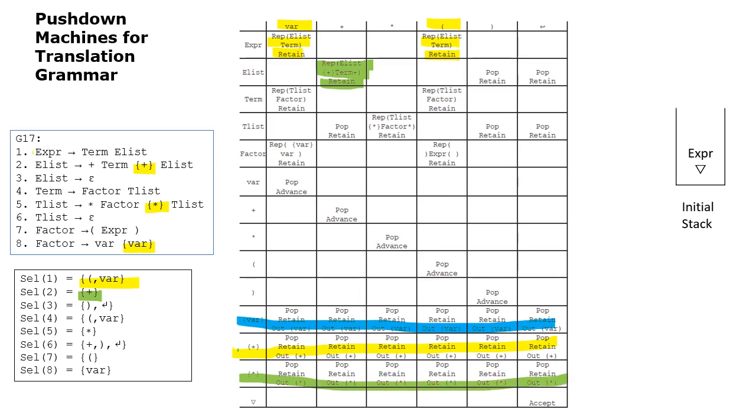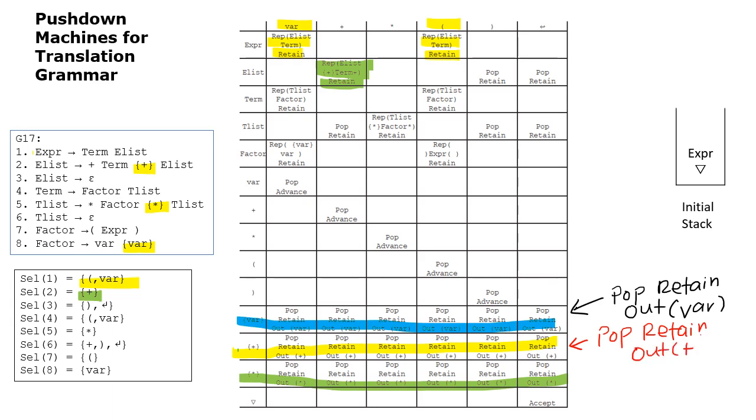Inside the cells for each of the rows here, it is filled up with only one thing: pop retain out the action symbol itself. Therefore here, because this is the row for var action, it is filled up with pop retain out var. And because this is the row for plus action, it is filled up with pop retain out plus. And here, because this is the row for times action, it is filled up with pop retain out